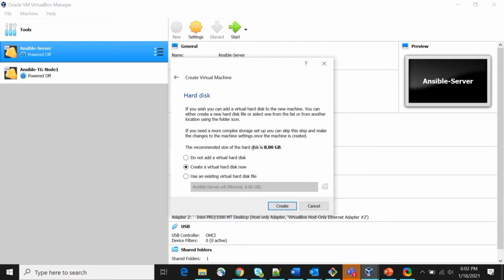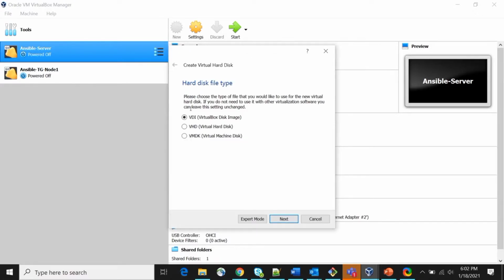Recommended size is 8 GB, and I am choosing the second option, create a virtual hard disk now, right? So what type of file for the disk? VDI, VHD and VMDK. Lots of differences are here. I will explain these things later in my other videos. For now, for basic operation I am choosing the first one.